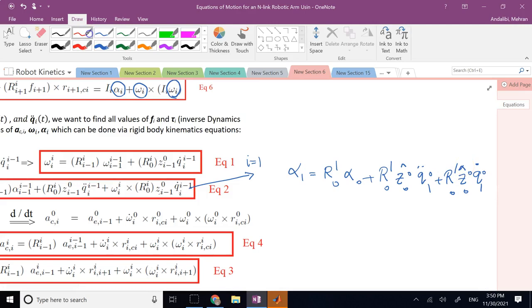So you know alpha of 0 is the angular acceleration of frame 0 or base. So this is 0, so this is gone. What is this guy going to be? This is R of 0 in 1, Z 0 in 0, which is simply 0, 0, 1. And we just multiplied. You know, when you multiply that rotation matrix,